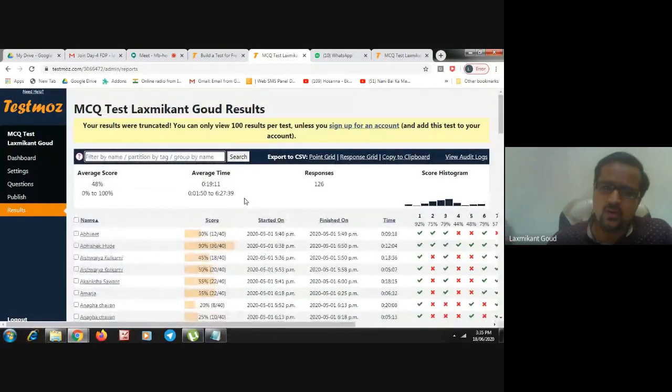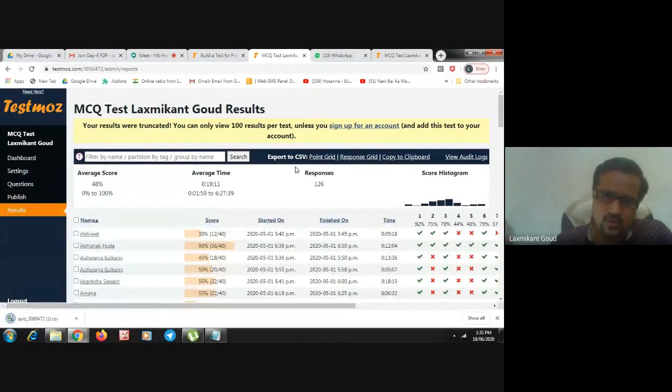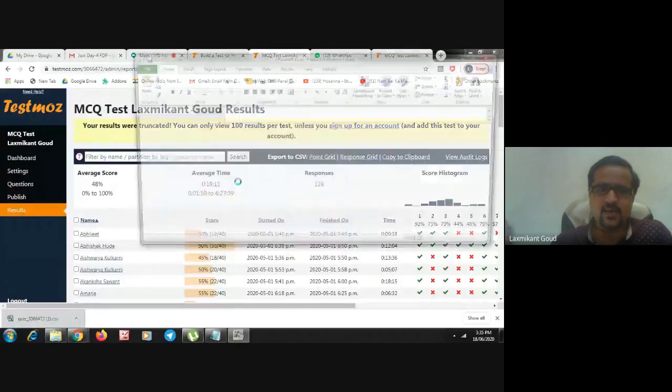Now, how to download the result? There are options: export to CSV, point grid, response grid, and copy to clipboard. If you click on response grid, it will download the CSV file of your results. If you see here, the file is downloaded. When you open this file,